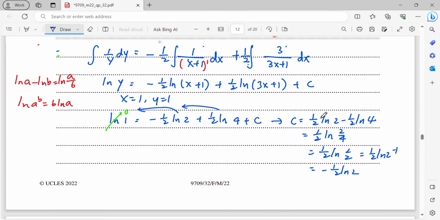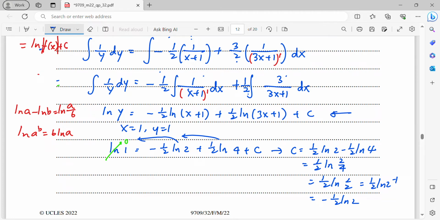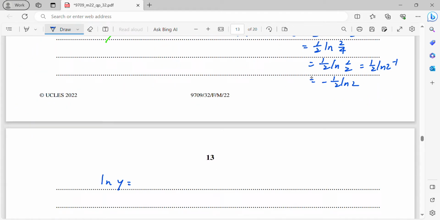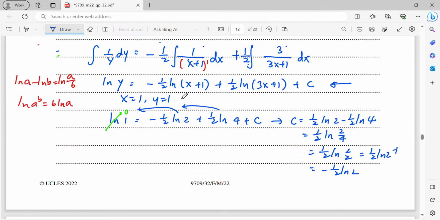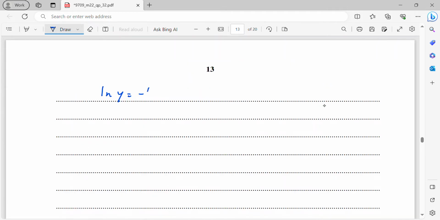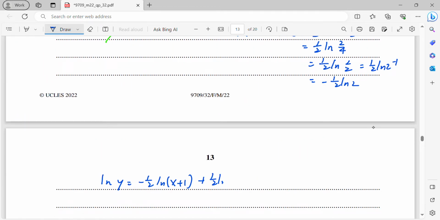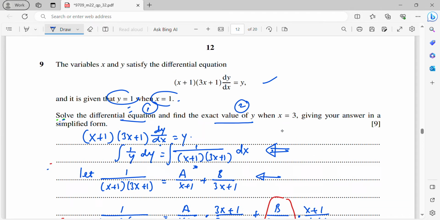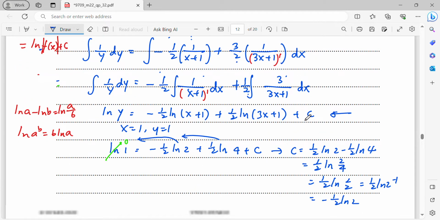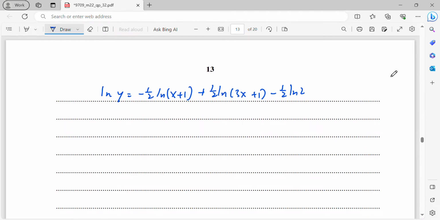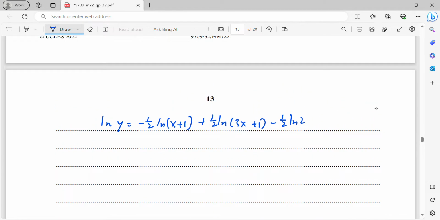Now I will continue here. So substitute this c. I will get ln y equals to negative half ln x plus 1, and then plus half ln 3x plus 1, then plus c, which is negative half ln 2. So now the question says solve. Okay, so basically I can say that this is my solution, or if you want, you can just further simplify, because from here you have